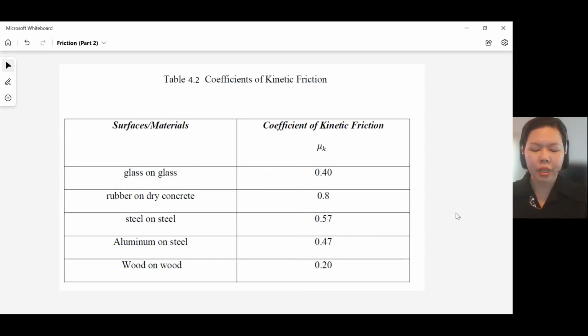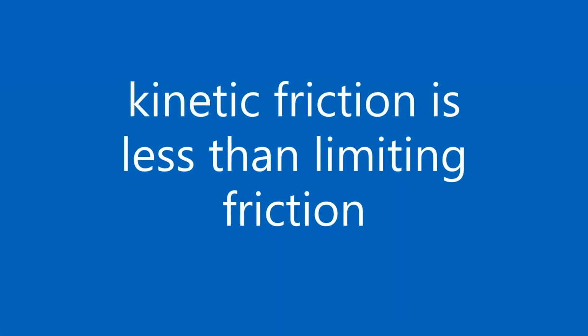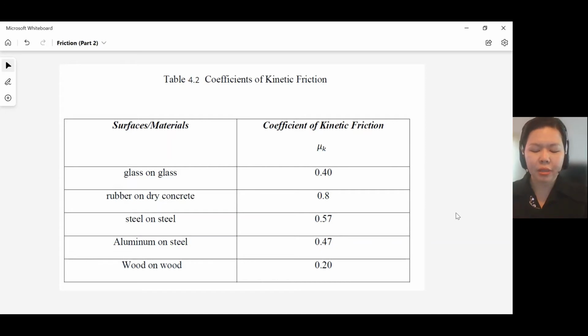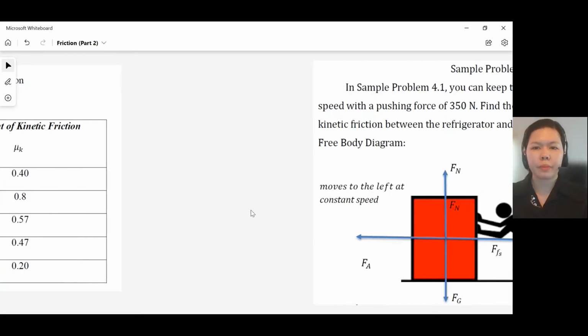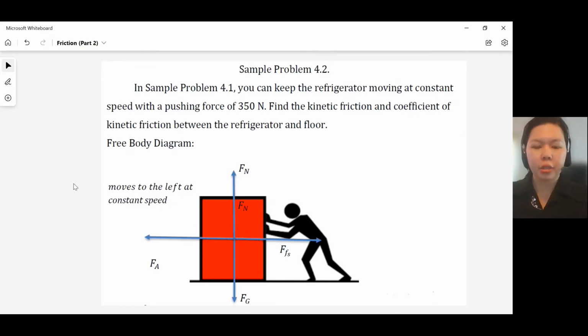Furthermore, given the values of the coefficients of static and kinetic friction, coupled with equations 4.1 and 4.4, it can be concluded that for an object and its surface of contact, kinetic friction is less than static friction. Thus, it is easier to maintain the speed of an object than to make it initially move. To show this, let us discuss another example, sample problem 4.2,